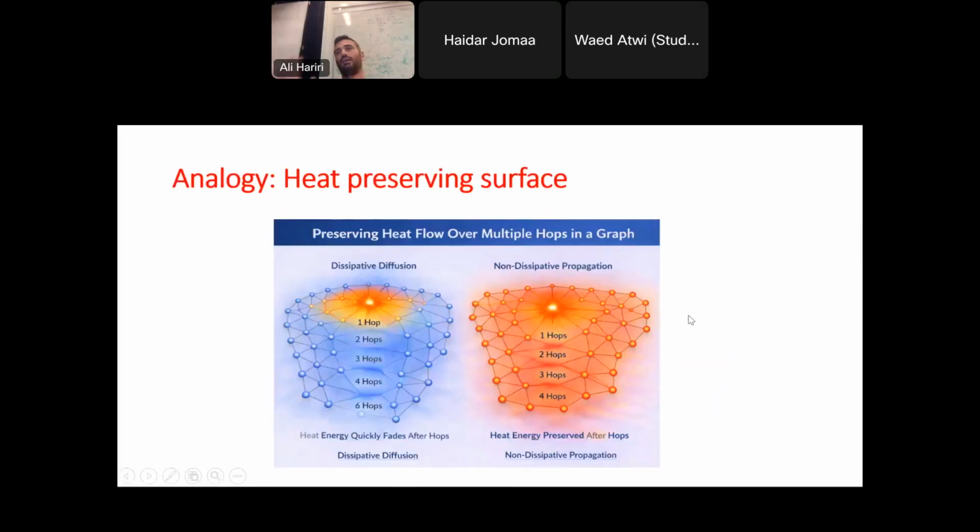So a good analogy to think of this is the following. It's to say that information flow is like heat transfer. In the ChEPNet case, it's more similar to dissipative diffusion, and it can cover a certain receptive field. In this figure, it's not very fair, and it should cover at least 3, 4, 5 hops before it loses the heat, before it starts not being able to retain the heat. While with non-dissipative propagation, ideally, we want something that retains the heat while going from A to B across a large number of hops.